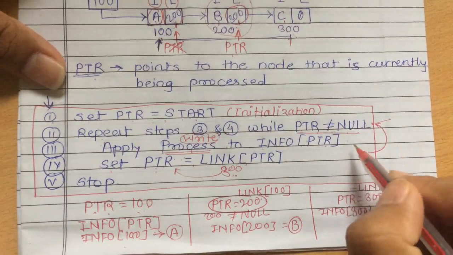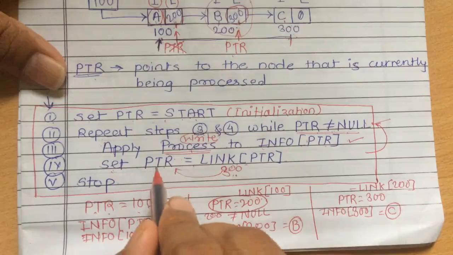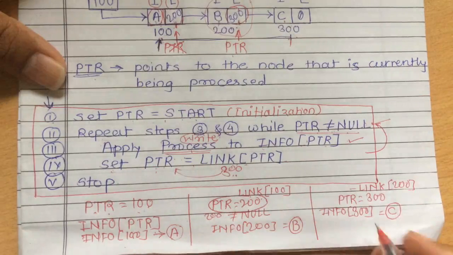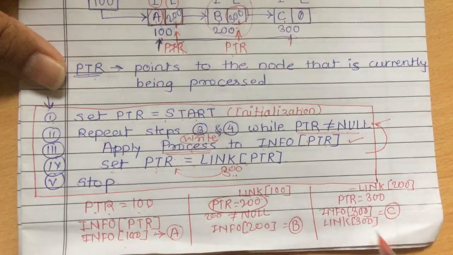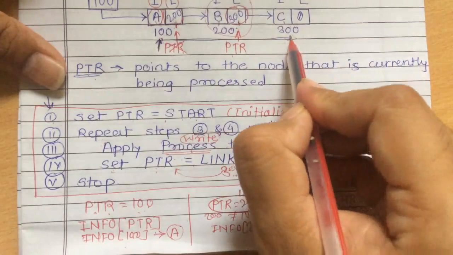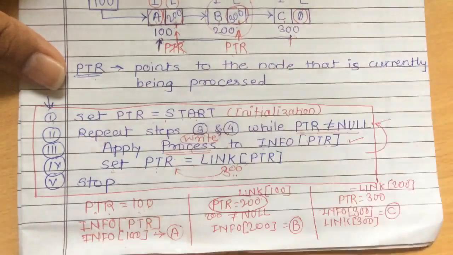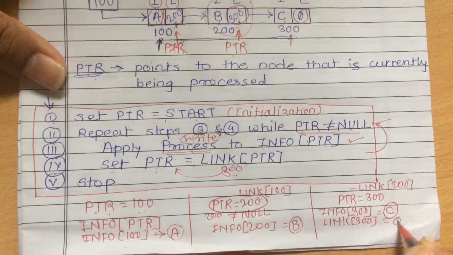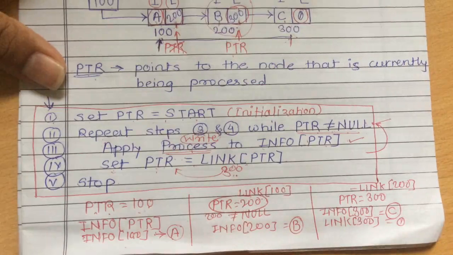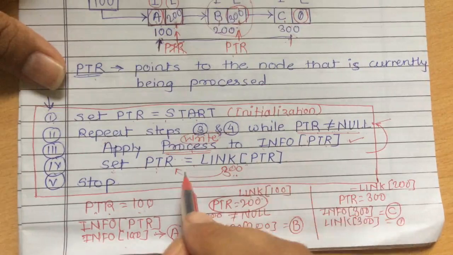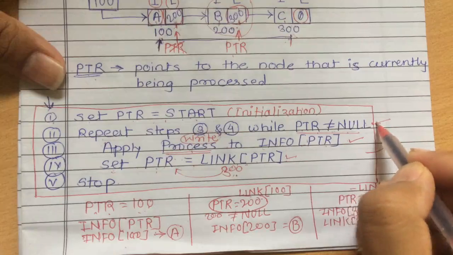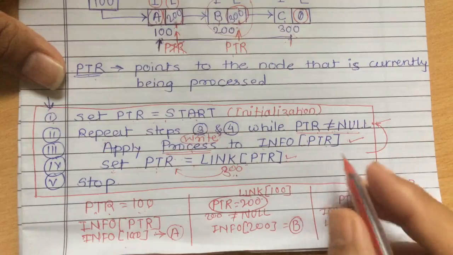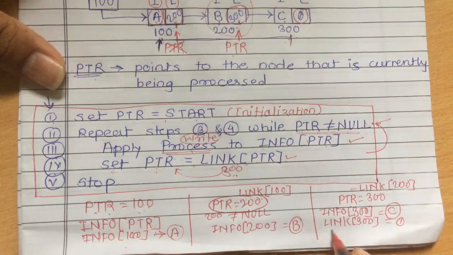So after processing, what next? Next is set ptr is equals to link of ptr. Again ptr is equals to 300, link of 300. This is 300 and link part of this 300 contains 0. We'll get 0, that is null. So after processing this step, again we have to jump towards the second step. What is second step? While ptr is not equals to null. So here value of ptr